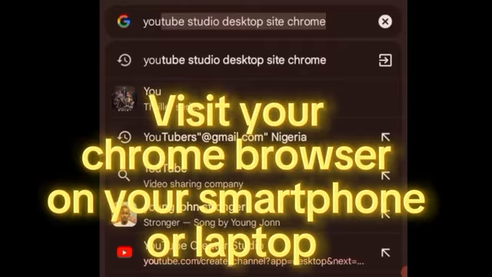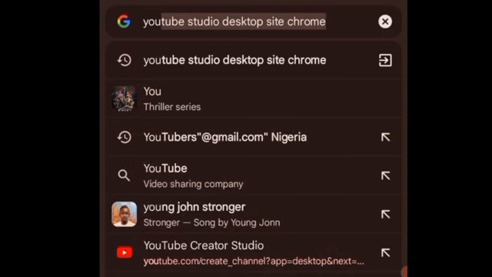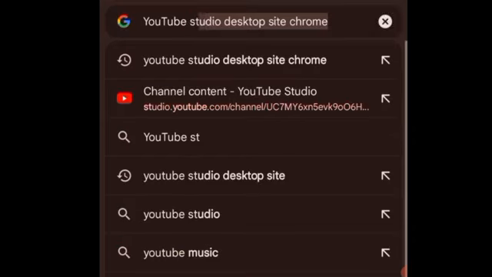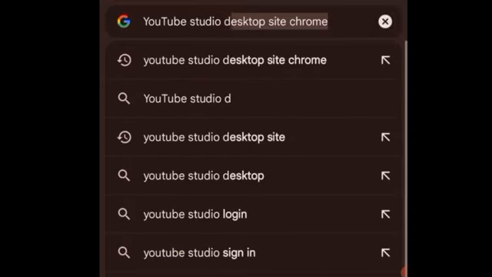So what we're going to be using is YouTube Studio, okay? But we're not going to be using the YouTube Studio app this time. We're going to use the desktop site. This is going to work for you on your mobile phone. So in case you have a system, it's good. You just go and log into your YouTube Studio on the site. So just type out YouTube Studio desktop